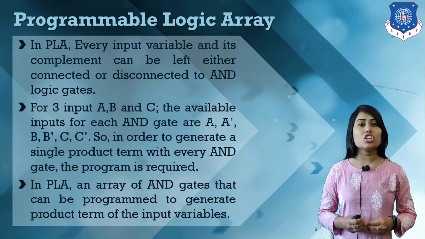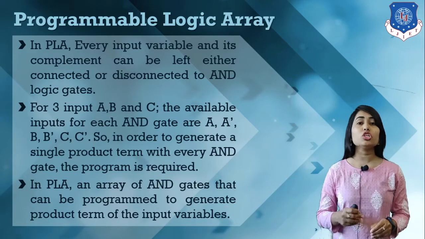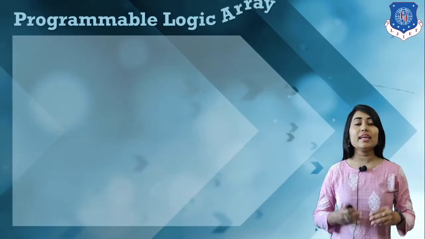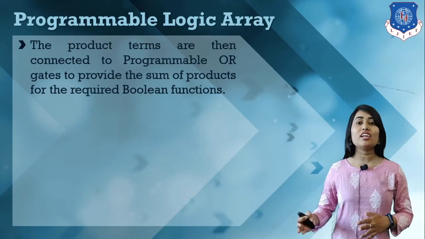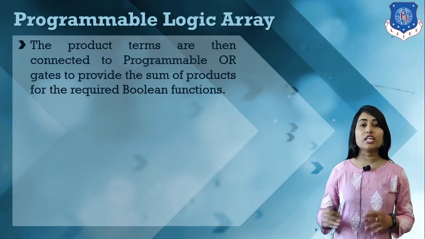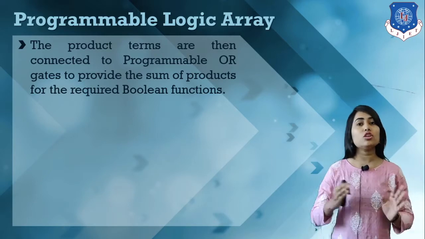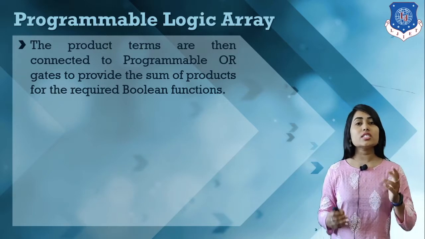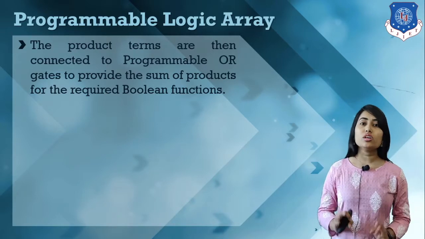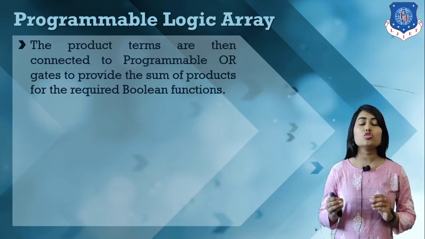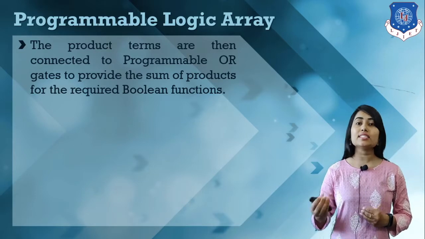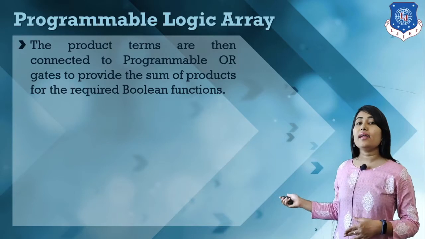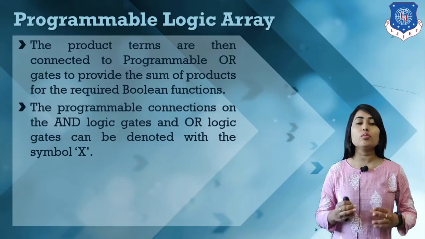This programmable logic array generates various product terms using this programmable AND gate, and the output of the programmable AND gate is connected to the programmable OR gate. That means whatever product terms are required are connected to our OR gates. Depending on our requirements, any of the min terms is connected with the OR gate, and hence this programmable OR gate produces our output.